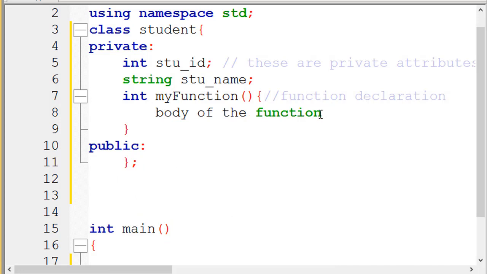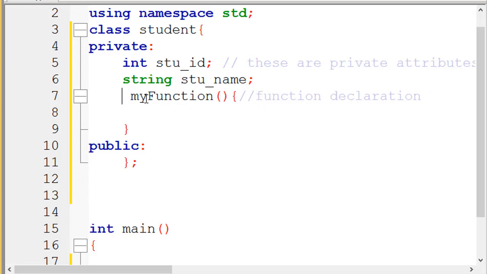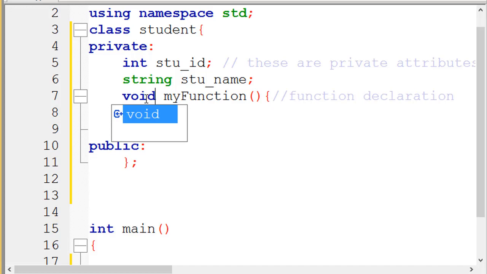For example, if we write inside the body a plus b, this means that it will return some integer value. So we have to define integer as a return type in the function declaration. For now, we will just say that its data type will be void, that it never returns any value, because we haven't defined any functionality inside the body of the function.